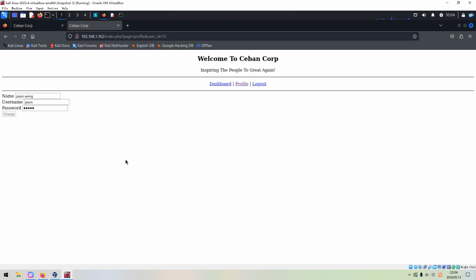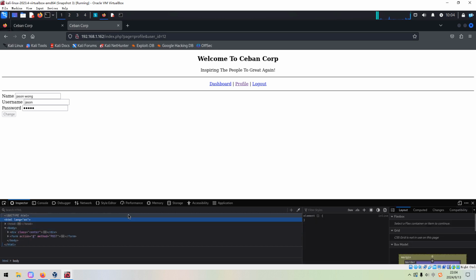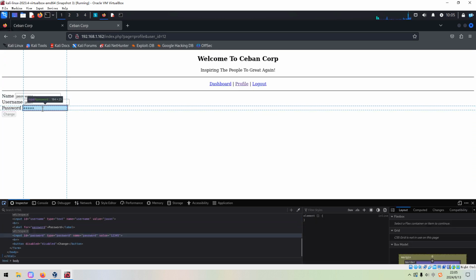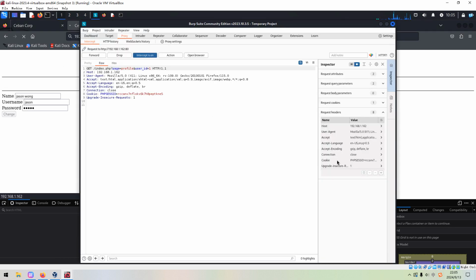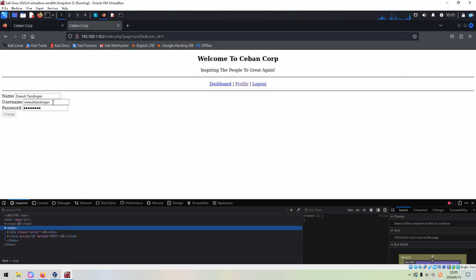And here, even the password, if you open up the inspect and locate this one, we can get the clear text password. Of course, this is the password that we submitted. However, if you change the ID, like to 1, and press enter, as you can see, we got the username.